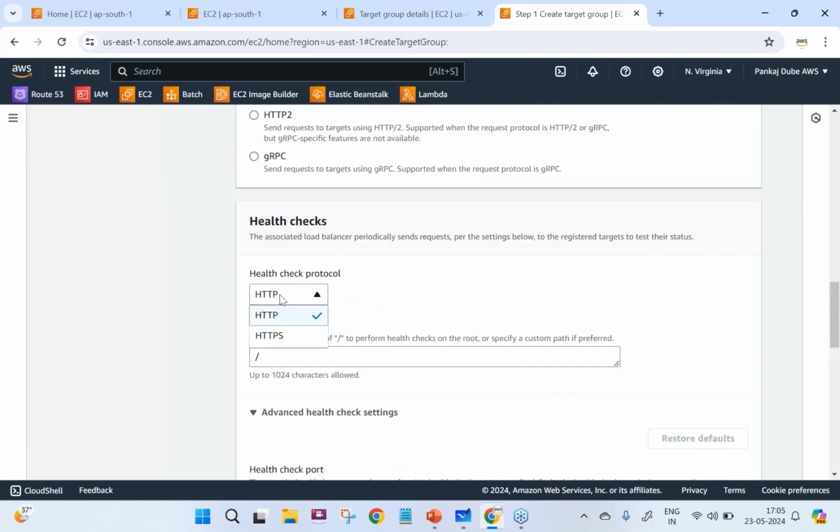So health check protocol HTTP, and let's say my content resides in index.html. I will update here as index.html. So the load balancer is going to do a health check of this index.html.